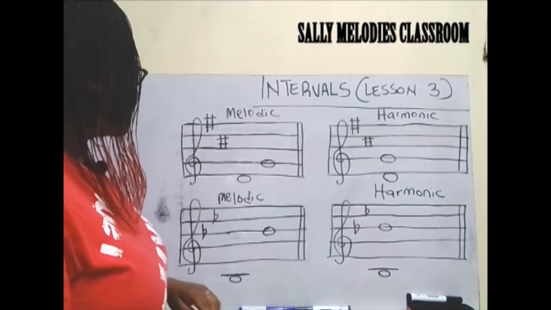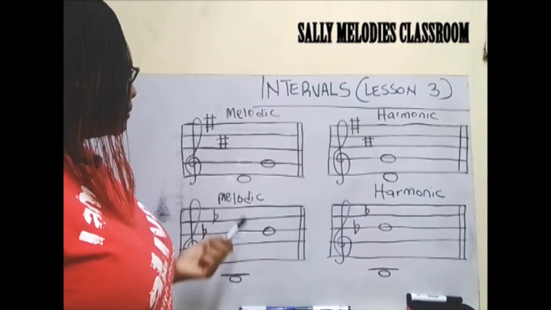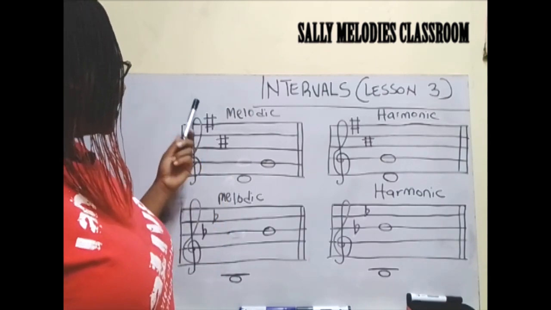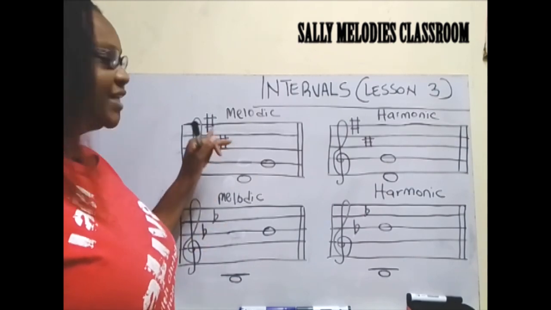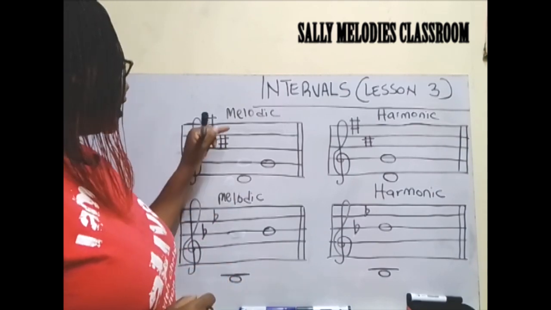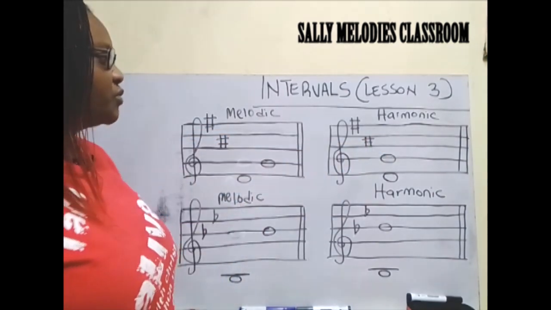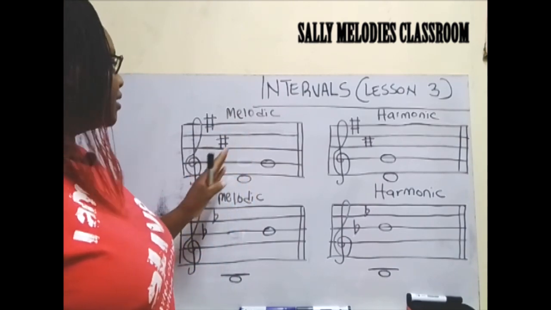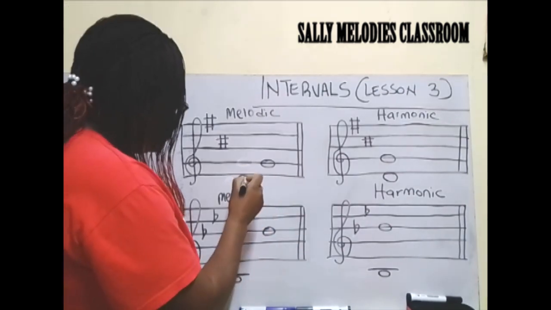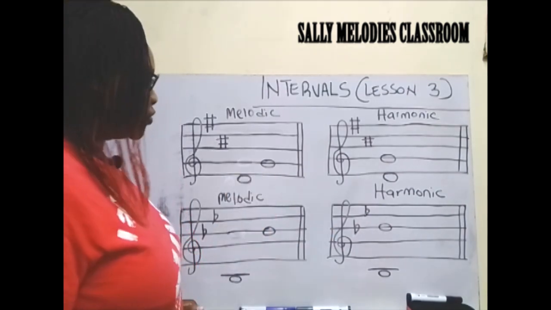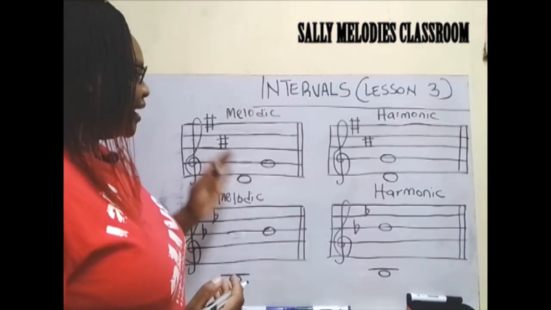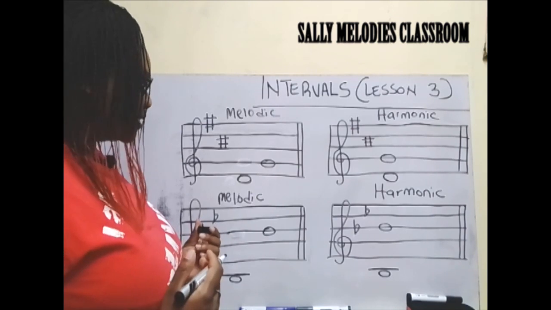Let's start here. I have taken an example here with the key signature of D major. This is D major. It has 2 sharps on F and C. Same applies to this. So we are going to start on the melodic interval. I have used semibreves for these examples. Let's just use the semibreves because our aim is only to get the intervals. When you are given